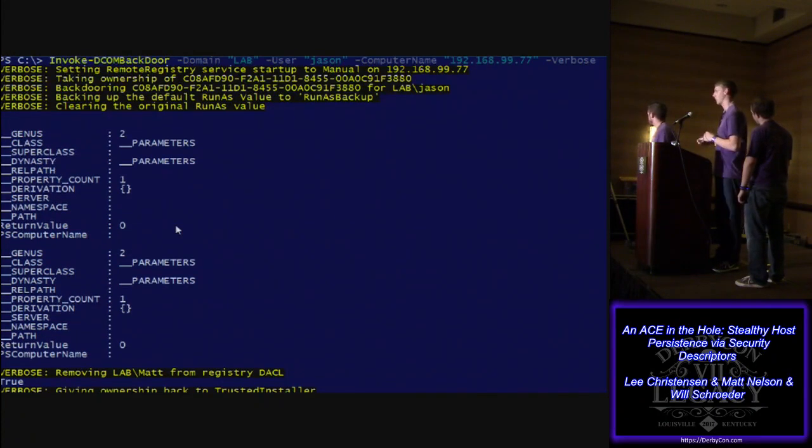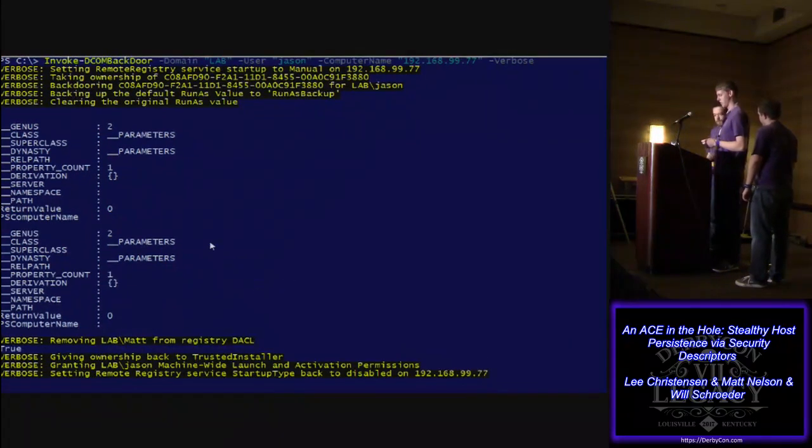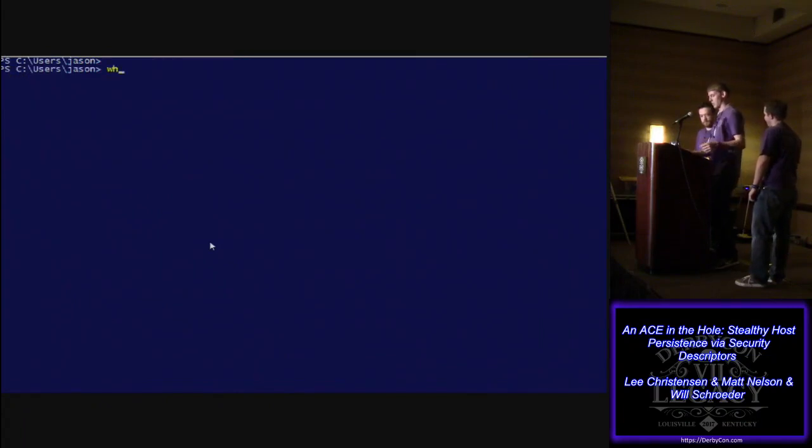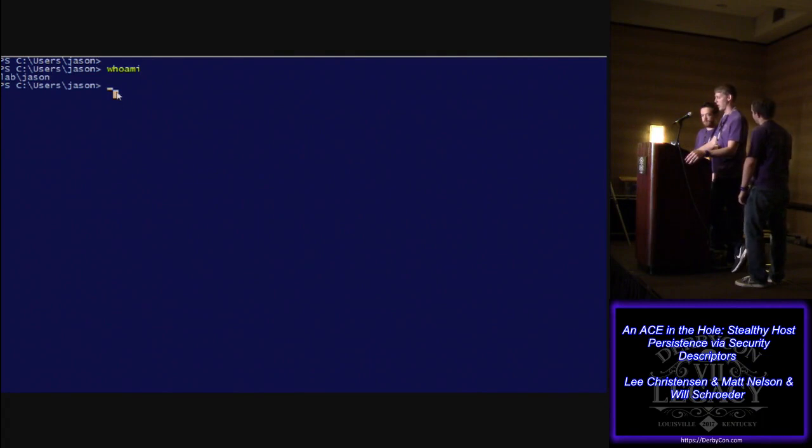We'll release all these POC codes within the next week or two. So we're using remote registry to take ownership of the key, do all this stuff, adding our malicious or backdoored ACE to the DACL on the object. Once we have done that,